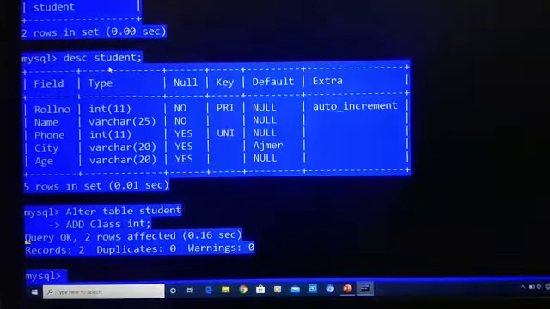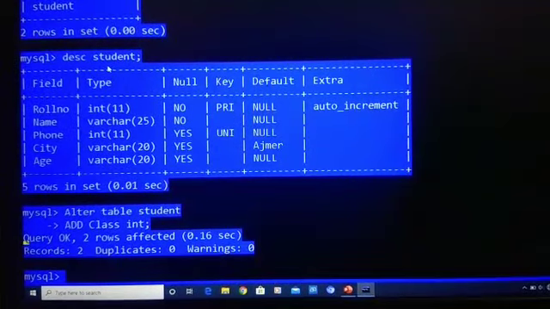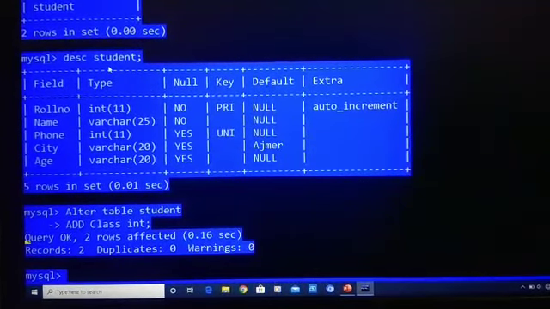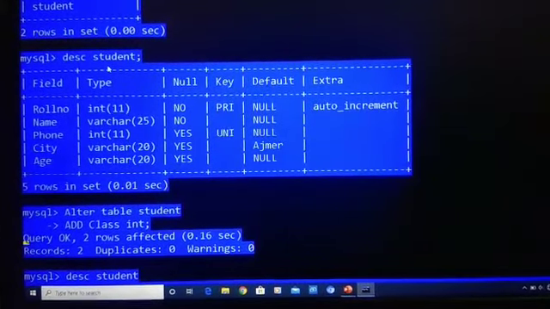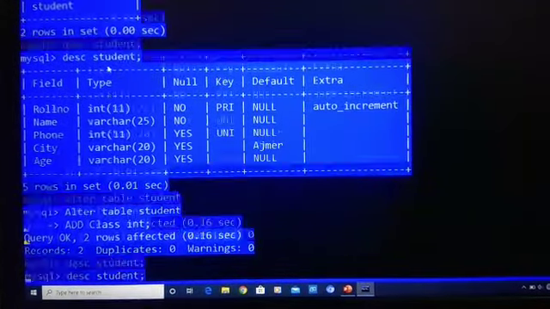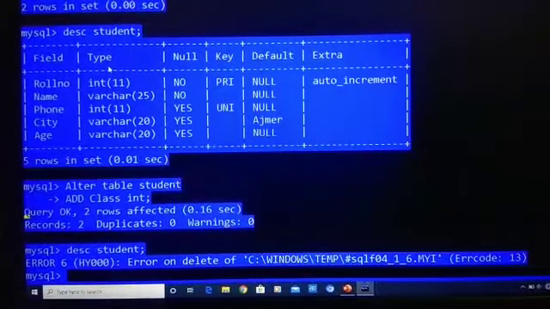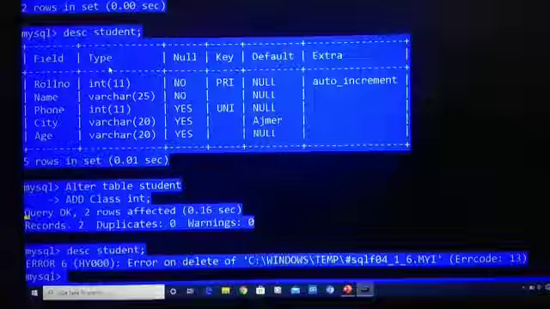Now you can see Query OK. Now we will check. To check again, we will see its data structure. To display its data structure, we will write the command desc student. An error is coming, so we will check the error.